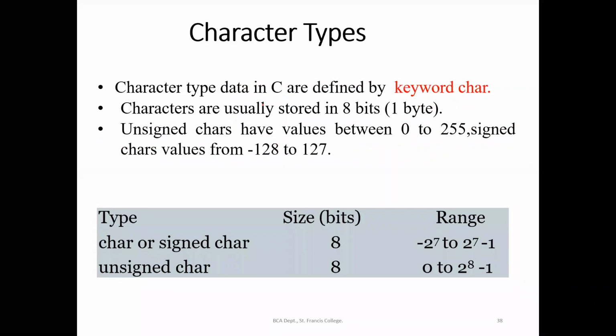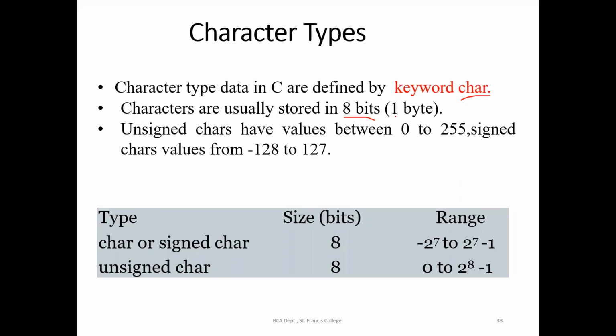So those are the four. Character I didn't tell, no? I didn't keep it in order. So the last fundamental data type is the character type. The character data type in C is defined using the keyword char. You will be using short forms for declaring the data type. Integer, we just use int. Likewise, for character, we use char. Characters are usually stored in 8 bits. You may think characters will require more, but actually a character requires only 1 byte.